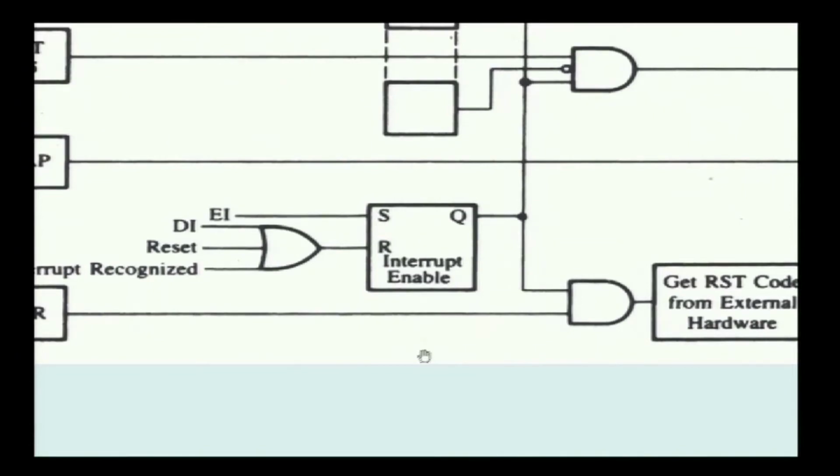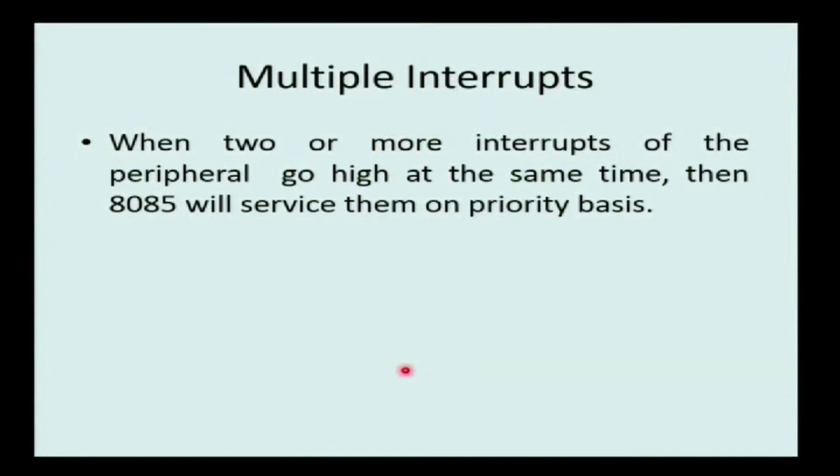The processor processes only one interrupt at a time. Suppose two interrupts request the processor to do the service at the same time, the processor cannot perform. At that time congestion occurs or it may collapse. To avoid that, in 8085 interrupts are arranged in priority levels. Once a number of requests occur, the processor will accept based on the priority level.